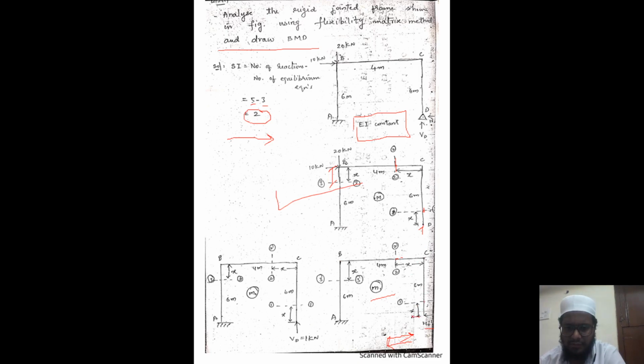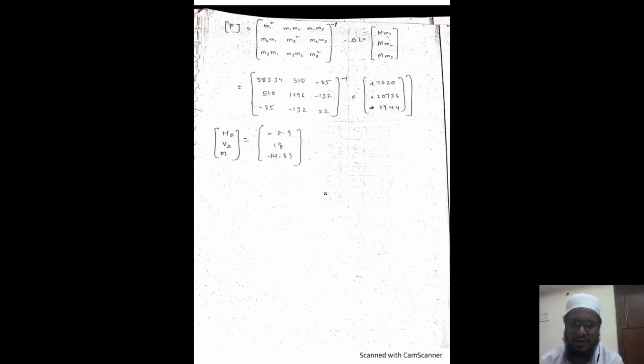See the line of action of force. This is the line of action of force, and perpendicular distance is 6 meters, given in the question, that is in the frame. So force is 1 into 6. Again it is going in clockwise direction, so minus 6, into 1 into 6. So what is the answer you are getting here? You can see here minus 1 into 6 is minus 6 kilonewton meter.